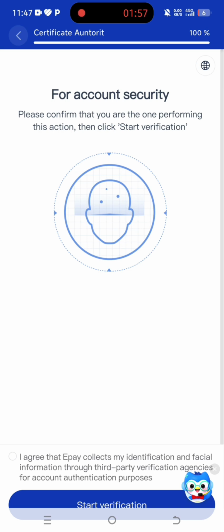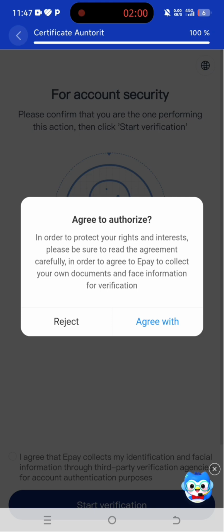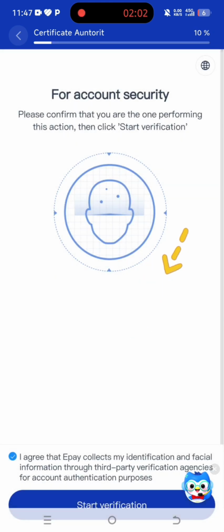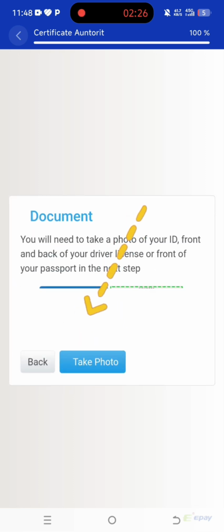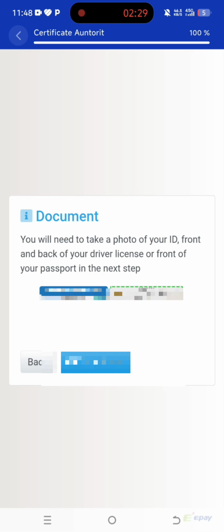Now you are going to agree. Do not reject, just agree. So let's just wait. You have to have patience with Epay, because sometimes it can delay, especially if your network is low. Then you need to wait. As you can see, it's loading. Then it's going to bring up identity verification. You're going to see you're about to start the data verification process. They're going to ask you to provide your documents, any one you have, either your NIN